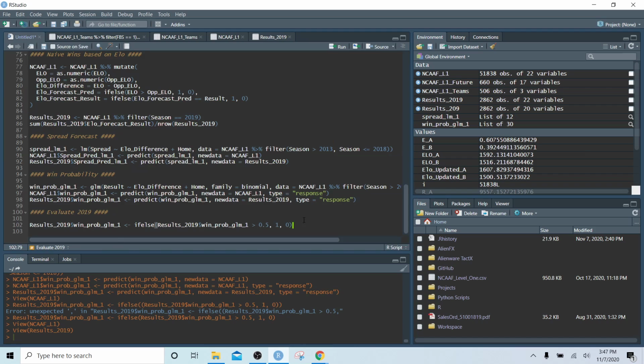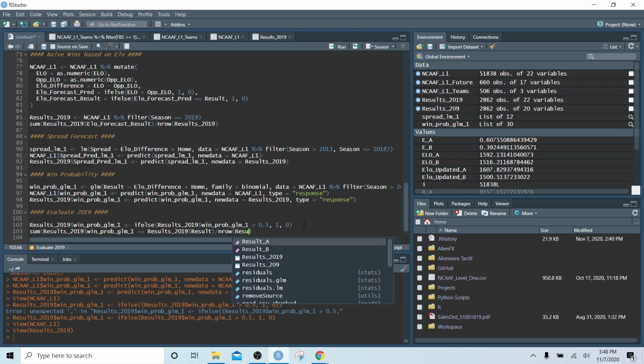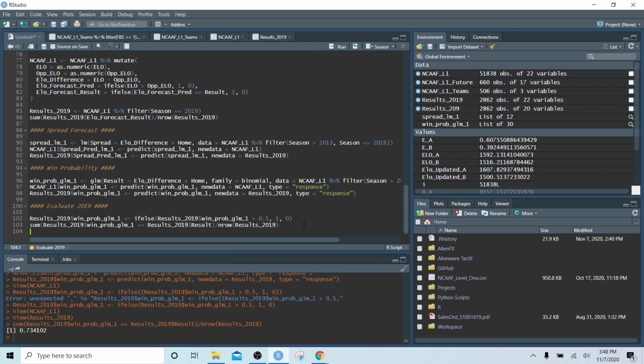the actual results. The way we'll do that is we are going to say sum of results 2019 win probability GLM equals results 2019 result. Oops, result. And then we're going to divide that by the number of rows in the data set. Execute that, and you see now we have a 73% win rate looking at the logistic regression model,